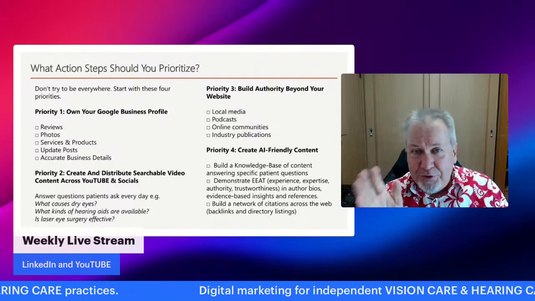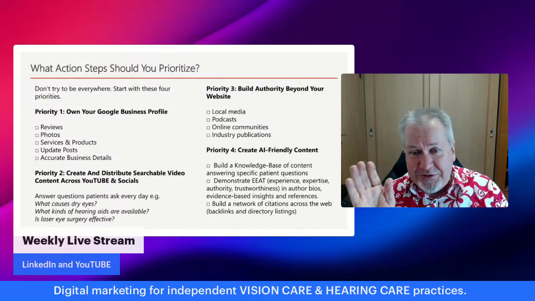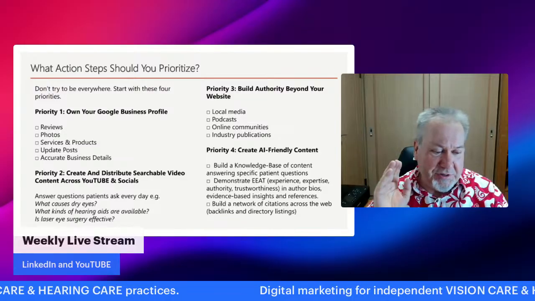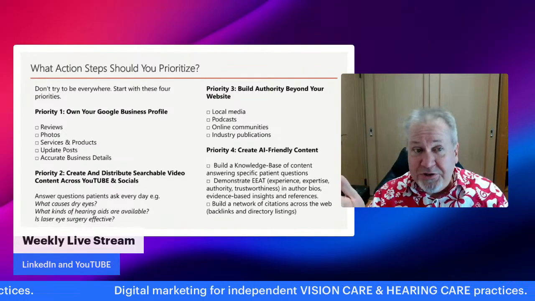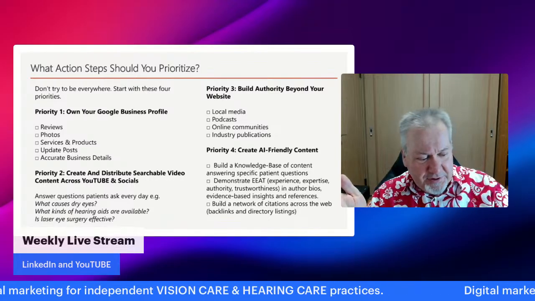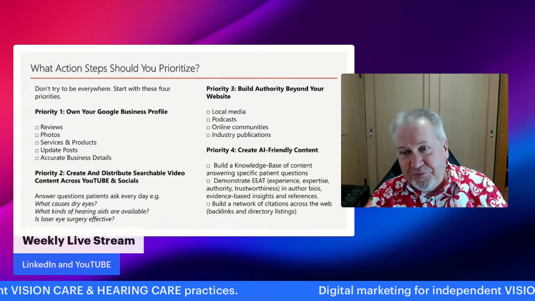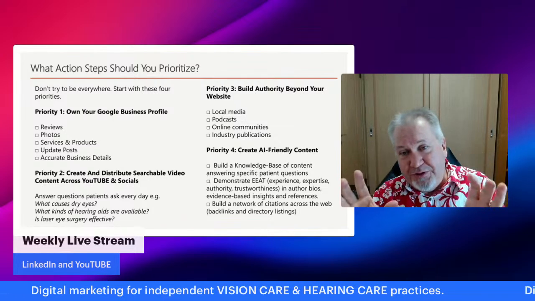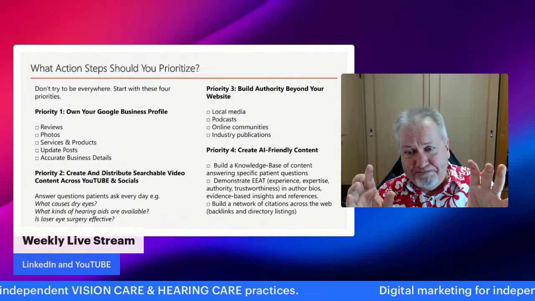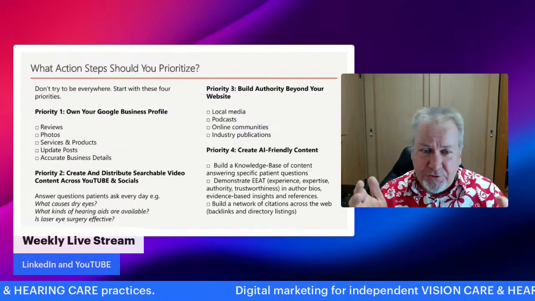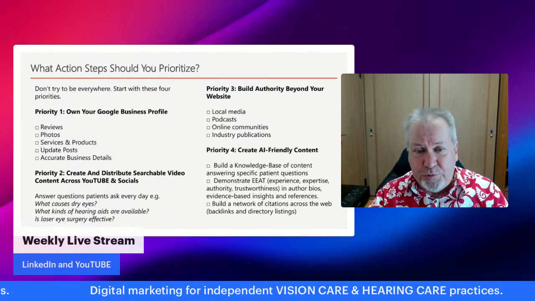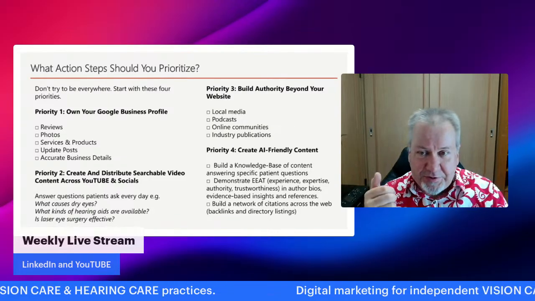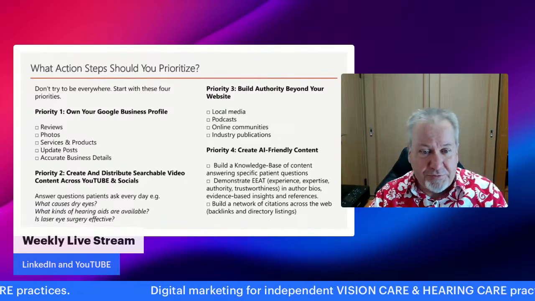But products. Most businesses I see don't even have any products on their Google business profile. But let's say you're an audiologist and you're selling a range of different brands of hearing devices. It could be Widex or Phonak or something else. So why not put the images of those products and some sort of description of the product on your Google business profile as well? You will get visibility and potentially get new patients who are using something like Google Lens to search.